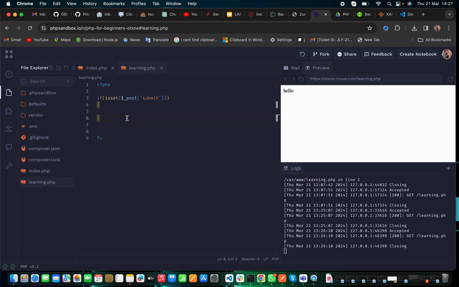Now how do comments come in? A comment comes in when I now say: this line of code is used to check if the submit